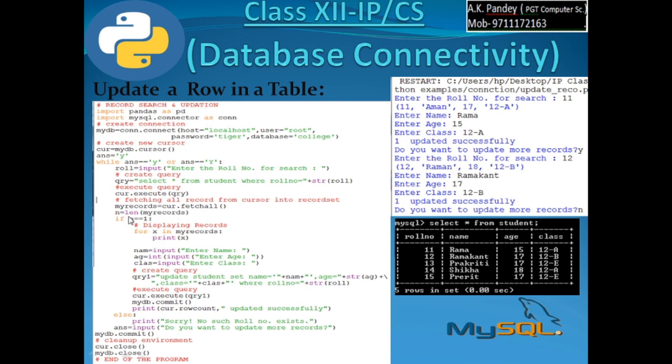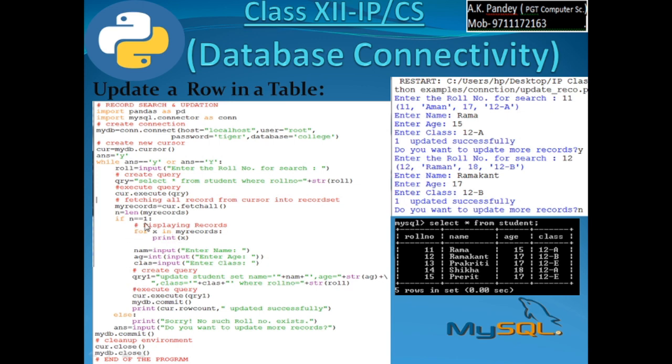N is a variable. If n is exactly 1, because I know that we have entered the primary key roll number, so the select query should fetch only one record. We are very much sure, because that is the primary key having only one unique row for that. So after this, if n is equal to 1, then doing some procedure, I mean accessing that record, just for verification.